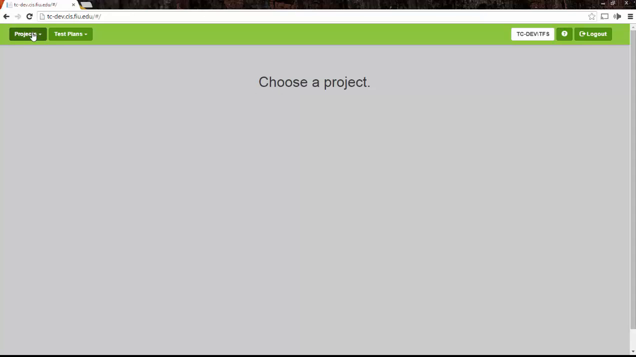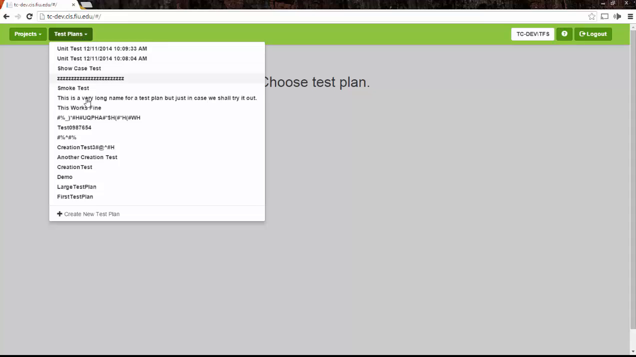Projects are located in the top left corner, and projects are simply collections of test plans. So let's click this button. We have two projects here: Hello World and Smoke Test. Hello World is something I typically use for unit testing and system testing. So there are a lot of test plans with funny names where I'm testing characters and various